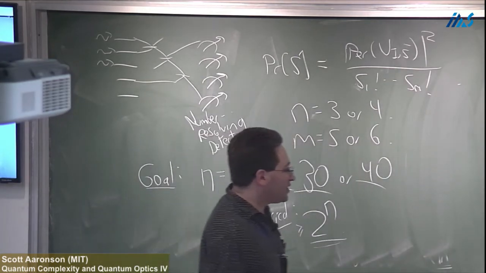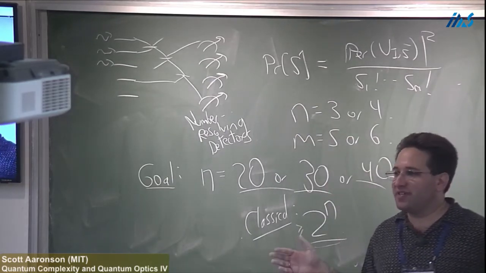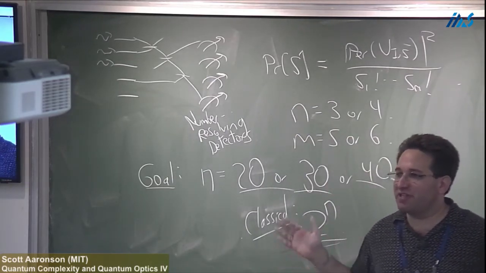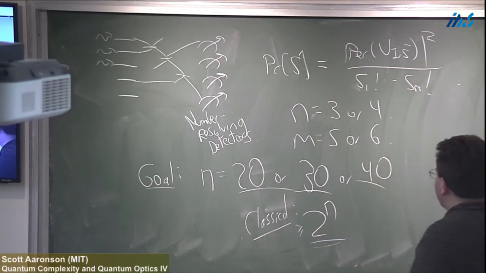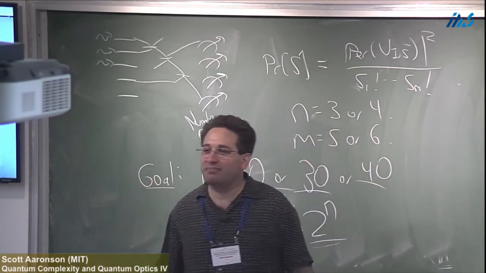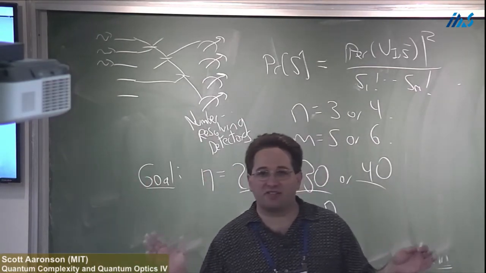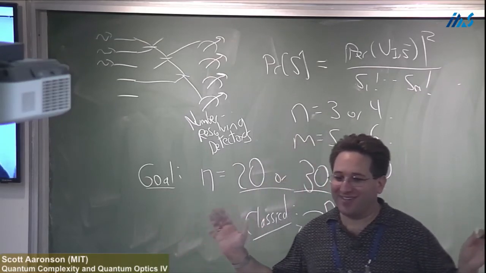Okay. Well, what's working for us is that the optical elements themselves, the beam splitters, the phase shifters, are extremely reliable, right? They have extremely low loss. The detectors are not perfect, but they've been getting better. So NIST now has detectors that can have something like 98% efficiency, I think, depending on